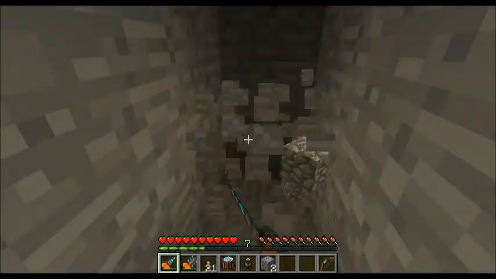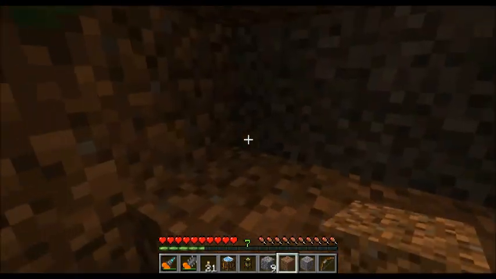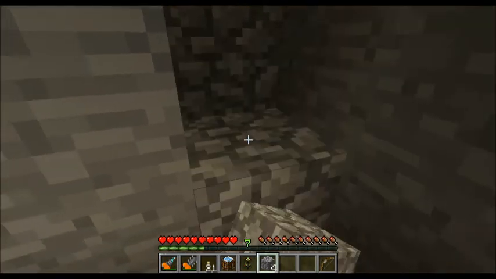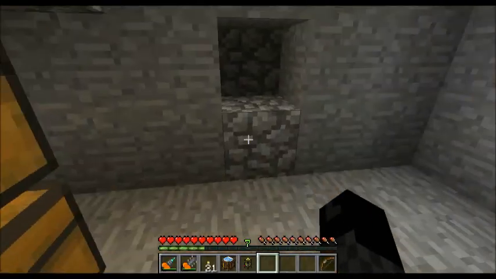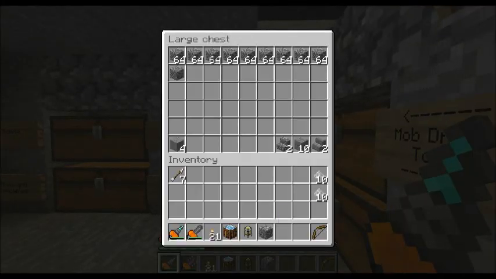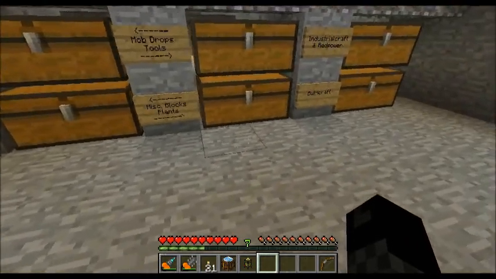Actually, let's dig in this way and see if we can't open up a little bit of a room here. Oh, again, that's the big problem with building underground like this. Where the hell did the other piece of... screw it. Come here. You there. Give me 2 of these. I may end up making a sub-basement for this. But